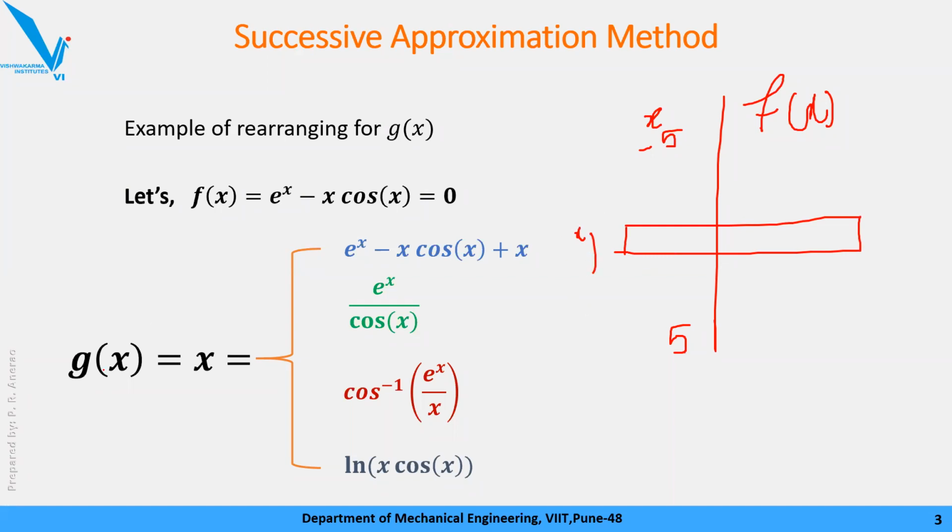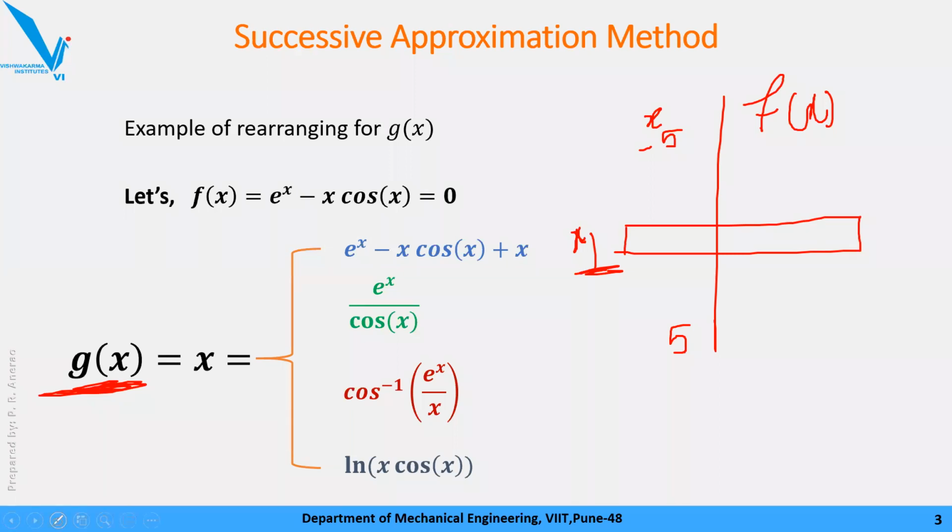Okay, so we have one g of x, we have x1. Now we need to check for convergence, that is, whether our guess or our g of x is correct. Are they going to give us the desired root, or will we just waste time iterating and not move towards the root? So to ensure that our initial guess or the governing function, that is g of x, is correct, we need to check for convergence.